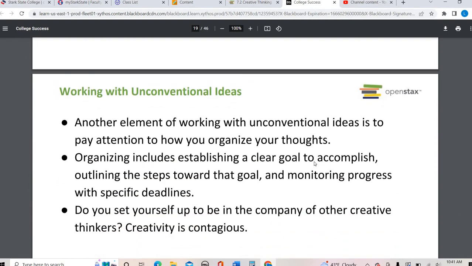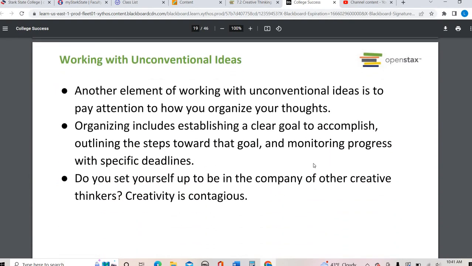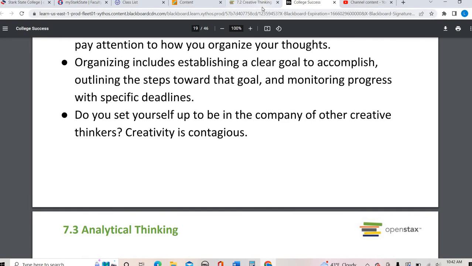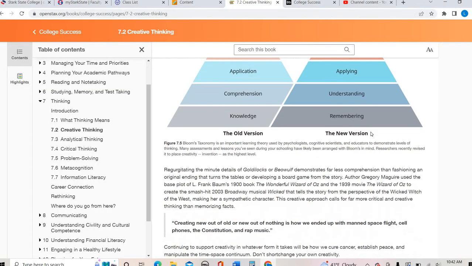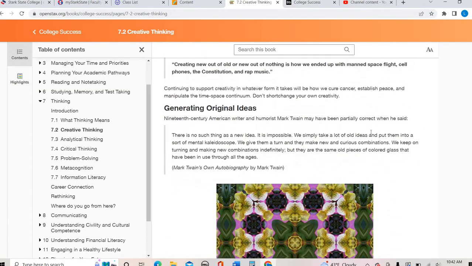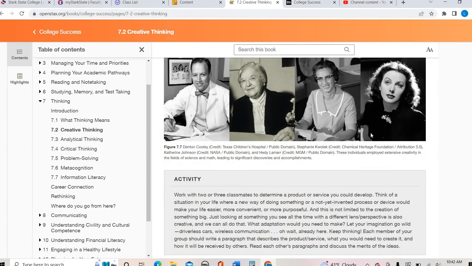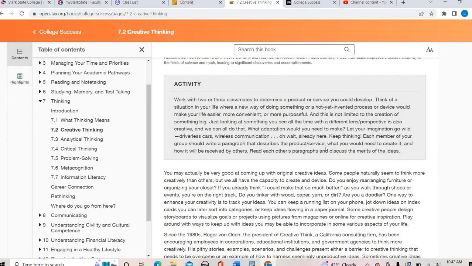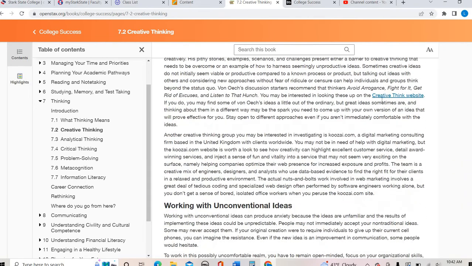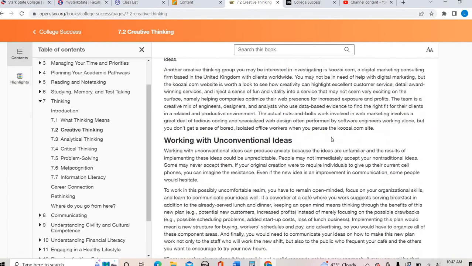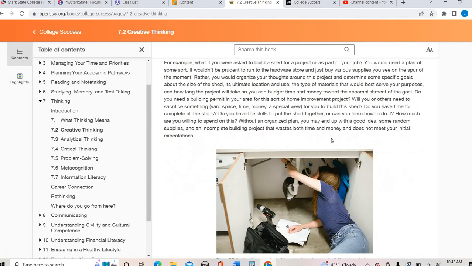Here are other ways to spur that. This talks about being with other people, monitoring your progress, organizing your thoughts. All of these are ways that are going to help you. So again, if you feel like creative thinking is something that is maybe a struggle for you, really look into this section a little bit more in depth, see what else they have to say, who's considered a creative thinker. This is a little activity you could think through. It's not required by any means. So just take a look at this section. Here's a website, a couple of ideas that you can look at to develop further.